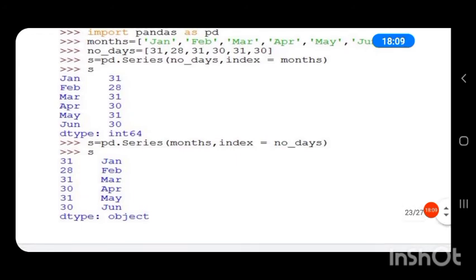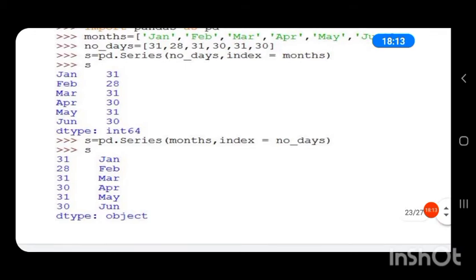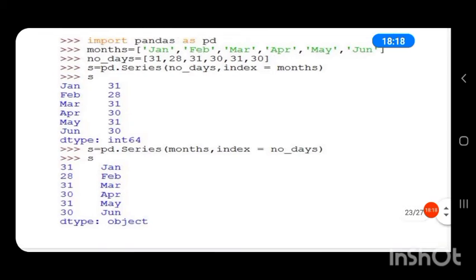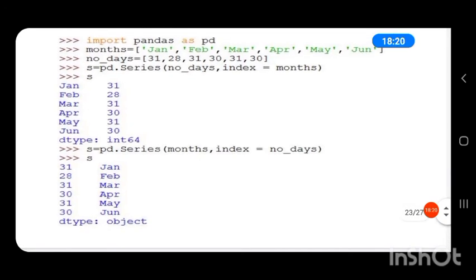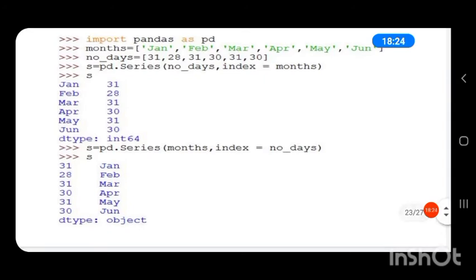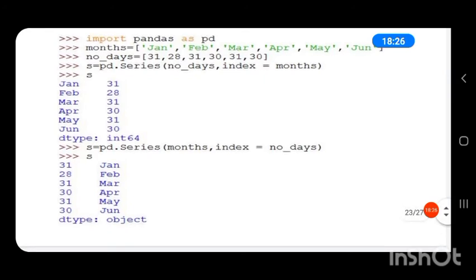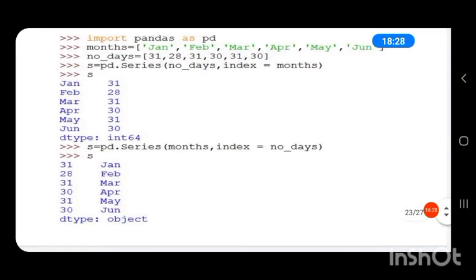Here we have replaced the data with months and the index with number of days. Then the new series produced has the index as the number of days and the data as the name of the months.